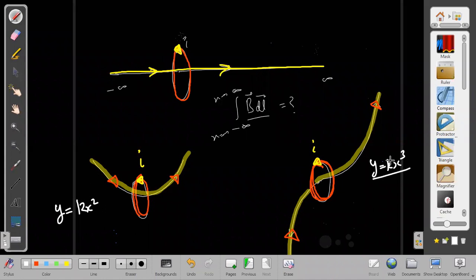I'm waiting for some time because I'm expecting that you will at least get the answer for the first case. I'm not expecting you to get the answer for the others. At least for the first case, you should get the answer by integrating, because the integration is simple. The formula I have also given you, not a tough task. And if you apply symmetry, you can do it this way also: take 0 to infinity only and multiply by 2. Understood or not? 0 to infinity will be the same as minus infinity to 0, so you can take just 0 to infinity and multiply that by 2. We can get it that way.